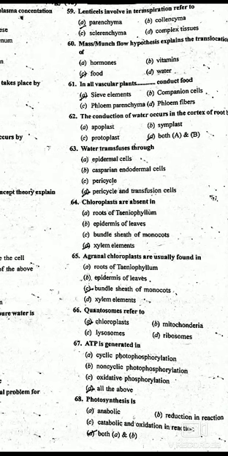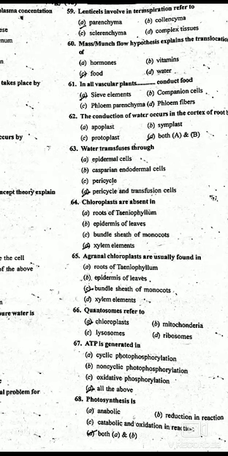59. Lenticels involved in the transpiration refer to option A, parenchyma. 60. Munch mass flow hypothesis explains the translocation of, option C, food. 61. In all vascular plants, dash conducts food, option A, CV elements. 62. The conduction of water occurs in the cortex by route D, both A and B, apoplast and